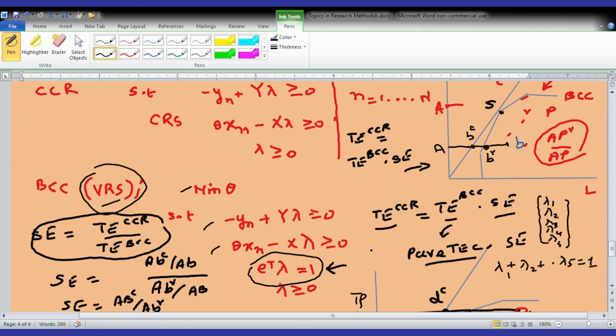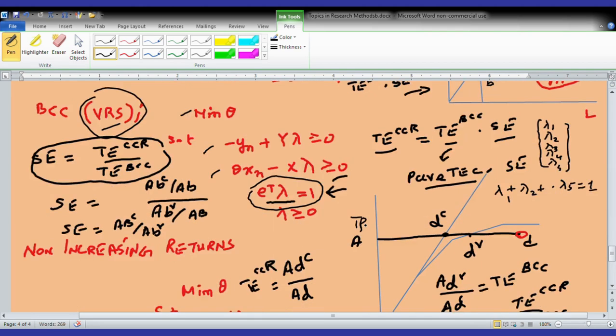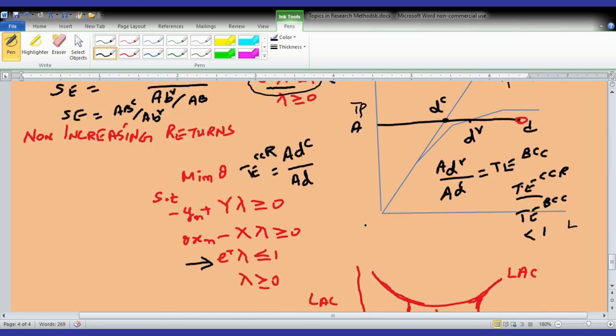And if we really want to find out this thing, then we have to make a little adjustment in this variable return to scale model, and that adjustment is that this last constraint, in place of having equality, we convert into weak inequality,